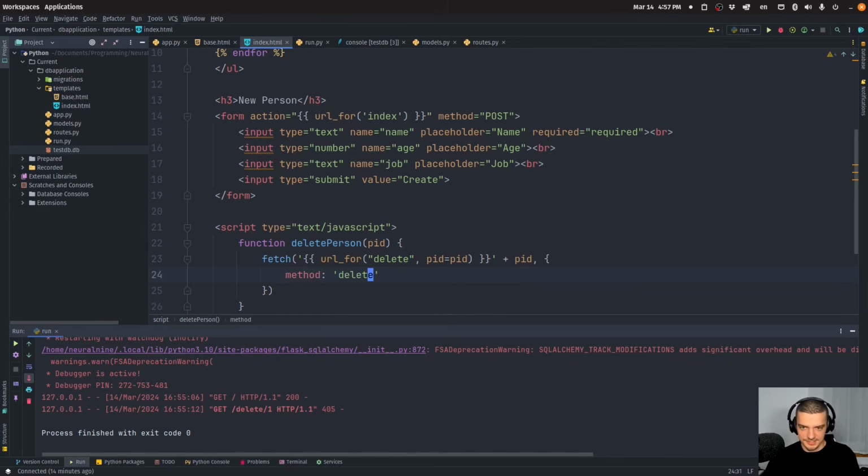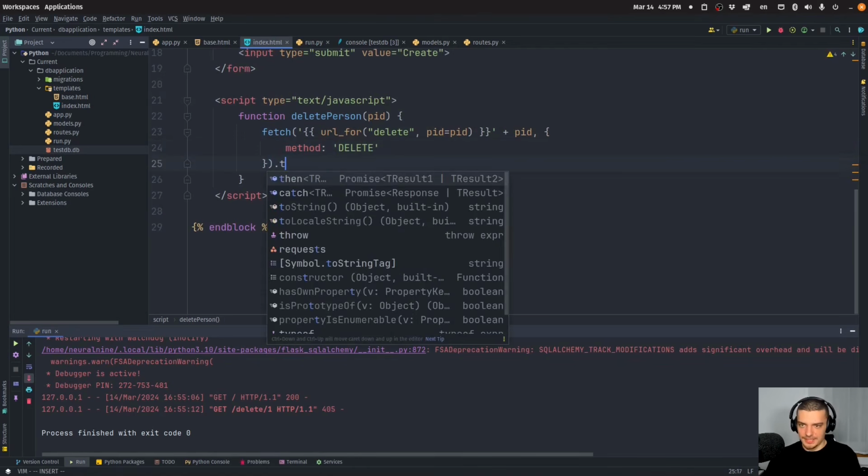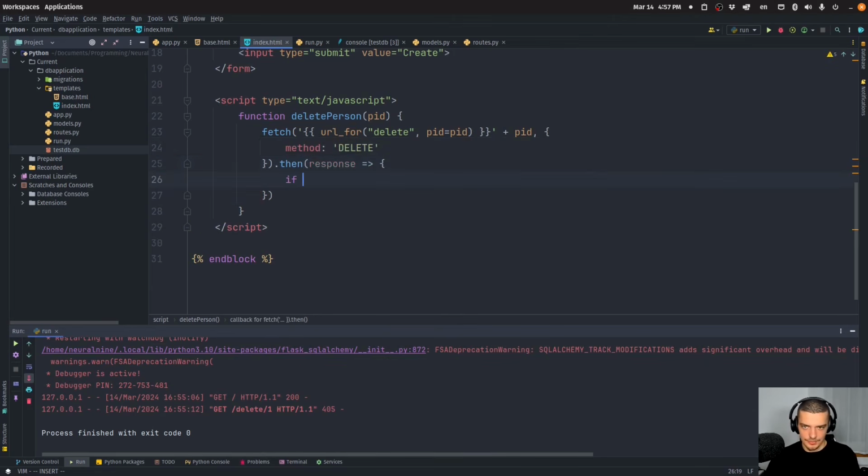delete. Now, please excuse that I'm looking at my second monitor a couple of times. I'm not a JavaScript fan, so I have to double check my code here. But this is what we do. We send a delete request to this URL endpoint. And what we do then is if it was successful, we get the response and we forward it to the if statement, if response is okay. Then we're going to just say window.location.reload so that we can reload the page